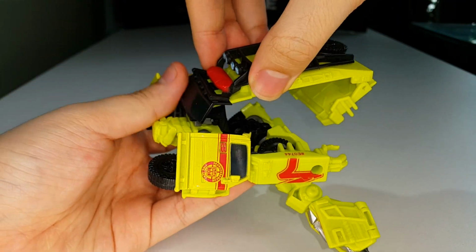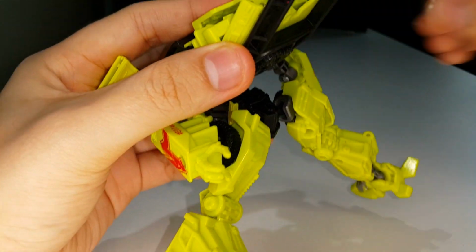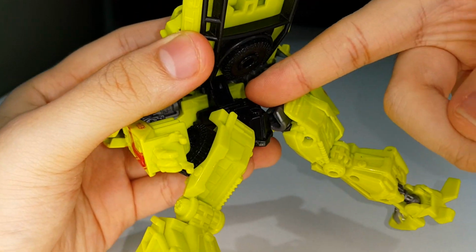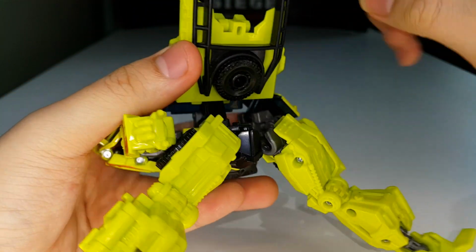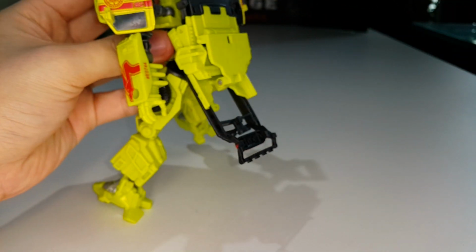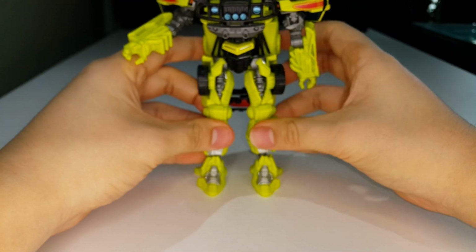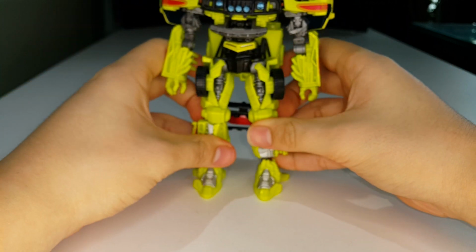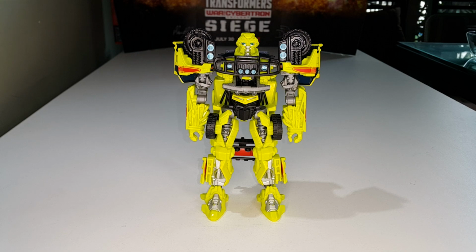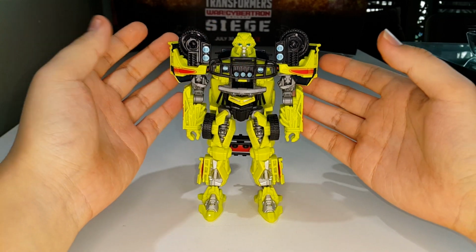So now his backpack, you want to untab this section right here and just bring this over like so, and there is, I'm not sure, there is a tab right there, and that would tab into this screw hole like so. So just tab that in, and yeah, I don't like that, but I'll explain that in a little bit. But once you're done, whoops, I need to raise up the camera a little bit more, so do excuse me. And once you're done transforming Ratchet, there you have Ratchet fully transformed into his robot mode,